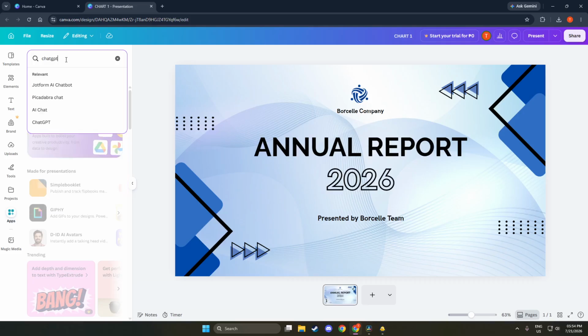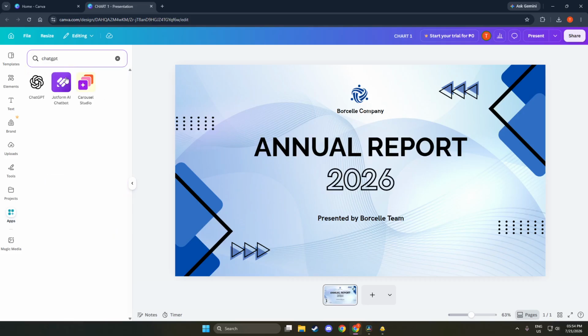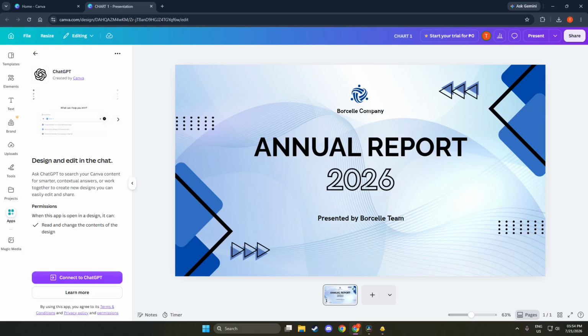From there, search for ChatGPT or OpenAI in the search bar. You'll see a space where you can type, and as you do, suggestions may pop up. This feature helps you quickly locate the app you need. Typing in ChatGPT or OpenAI will pinpoint the right application among many others. This step is important because it ensures you are connecting to the correct app, which will help you utilize AI effectively in your projects. Now, select the ChatGPT app from the search results.